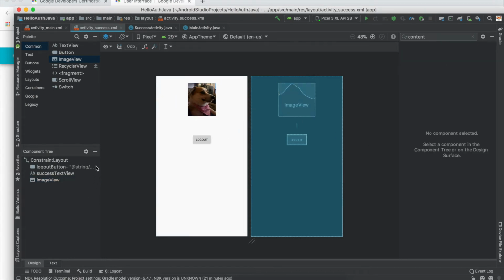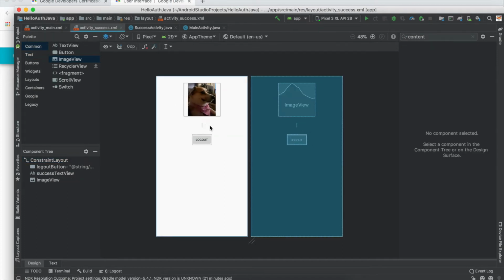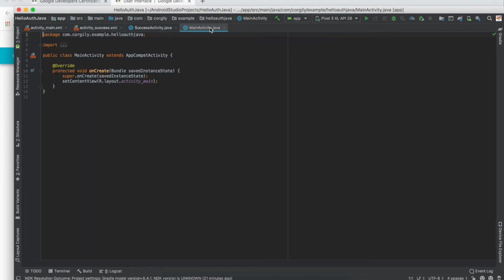Now once again we have the UI created for the second screen. So the general idea is basically this will be the login, the person will log in, they'll click the button, and then they'll get the second screen here and they'll be able to log out. So now let's get into writing the actual code. So the main activity we're going to move to. It's going to feel like boilerplate a little bit from the last video,